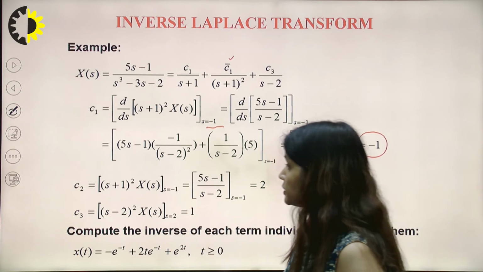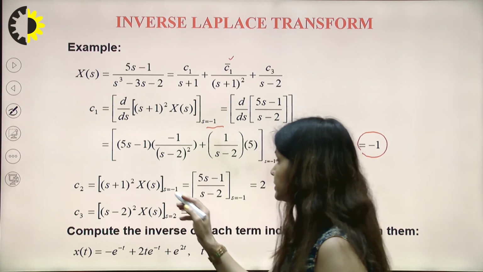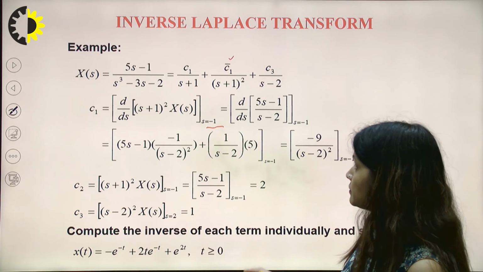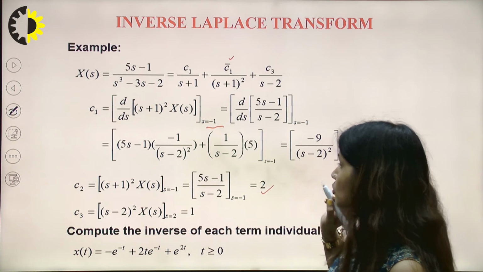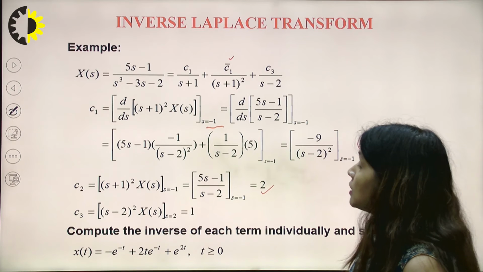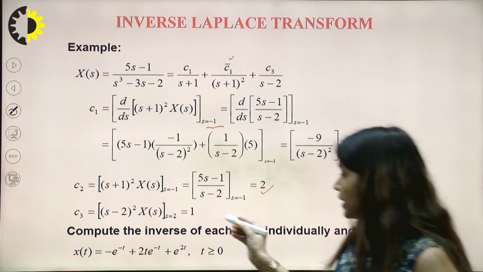Now again C2 is (s plus 1) square X(s) at s equal to minus 1. So here for this C2 we can calculate as 2, similar process, and then C3 we can calculate as 1,